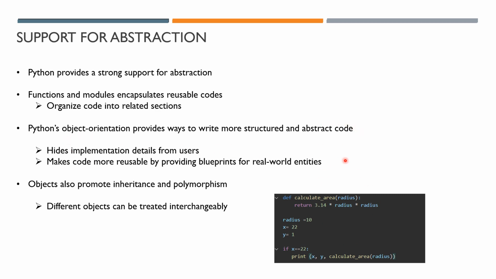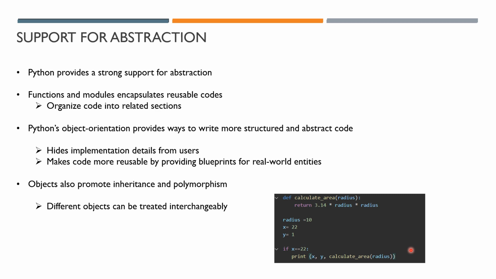So looking at this example that we have here, we defined calculate area as a function. So it means that when we're writing code, we can just identify what a function does, and we don't really have to recalculate the area every time. We could just call the function